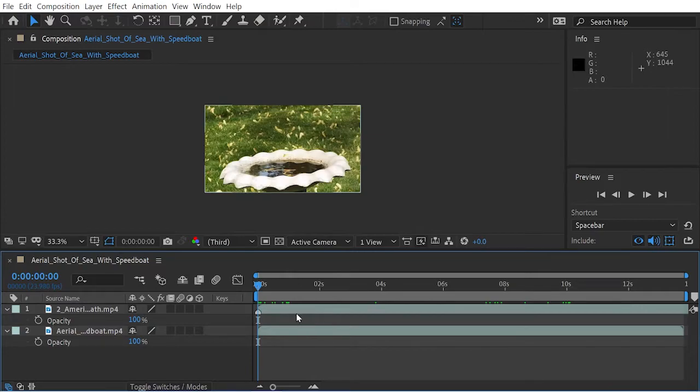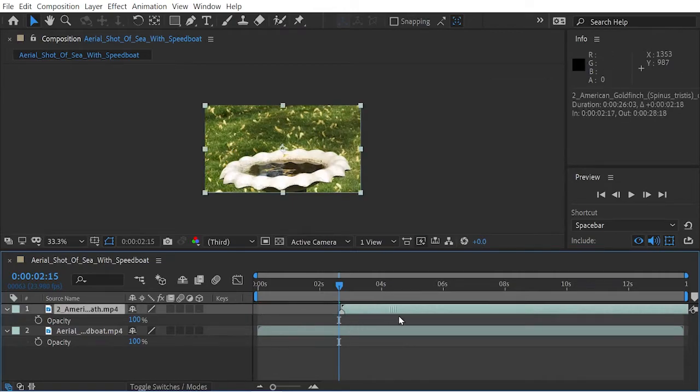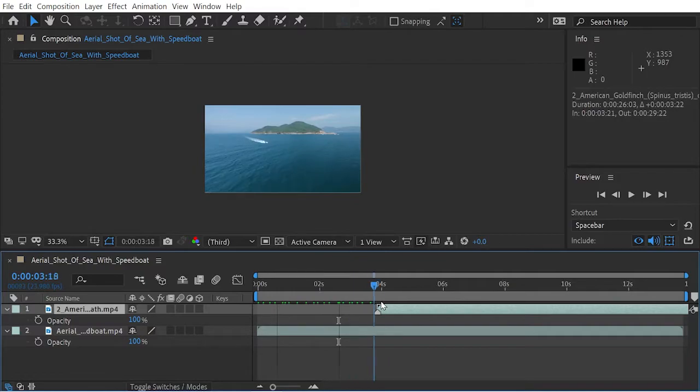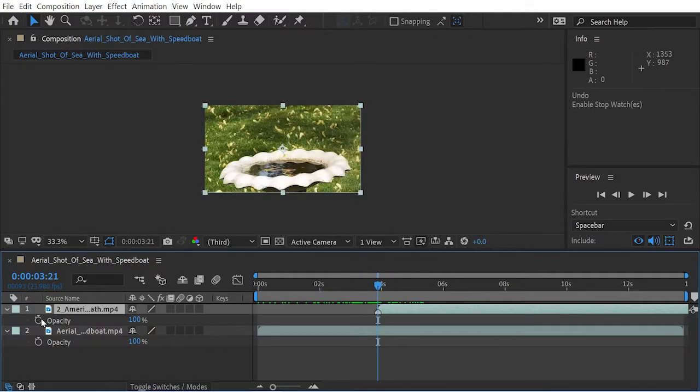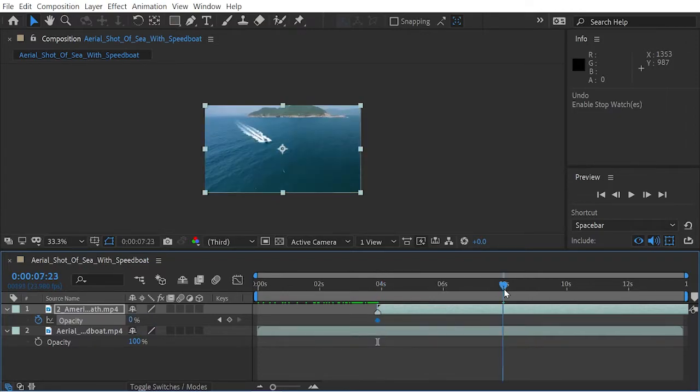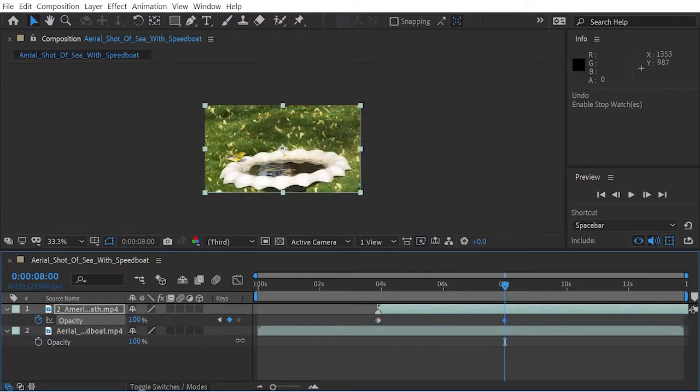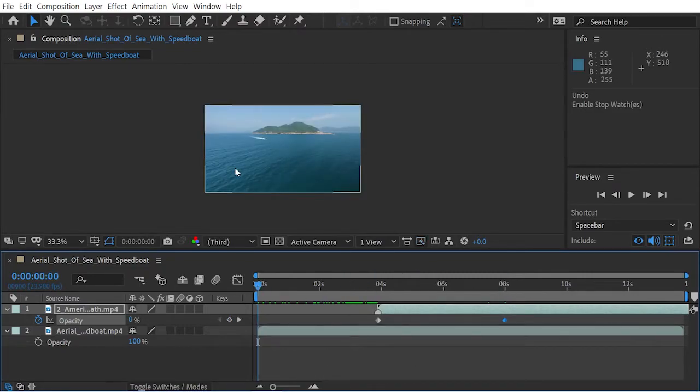So what we're going to do is we're going to try and crossfade. We've got one clip here. And in general, what you want to do is you want to do something called fade up. So, for instance, say we want this bird thing to appear after. So we've got this, and we're going to want to fade up into this, right? So all you'd have to do is just put the opacity keyframe here, put it at 0, and then at some point here, we could put another opacity keyframe at 100. So that would be generally how you're going to want to fade up. So you can see it's going to go along here